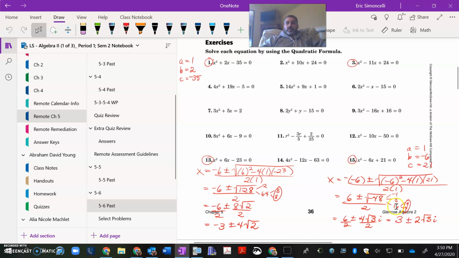I still broke it up accordingly, 16, 3, and -1, 16 being a perfect square, the square root of which, of course, is 4. So that particular root ends up being 4 root 3i. I again split it up into two different fractions, so 6 over 2 plus or minus 4 root 3 over 2, and then of course still there is i. 6 halves is 3, 4 halves is 2, so the two final answers,